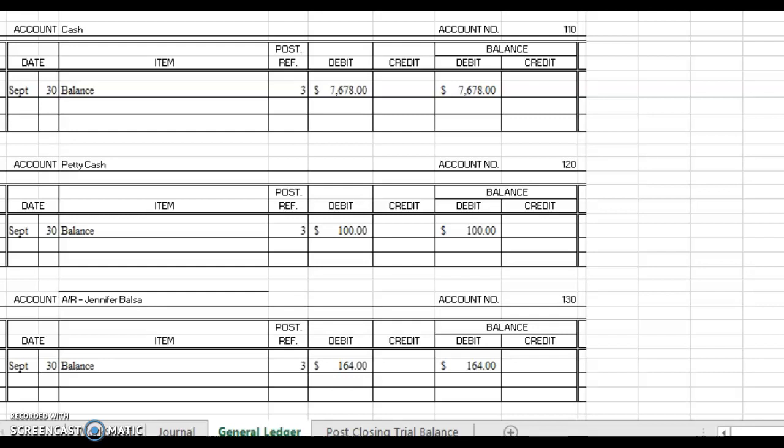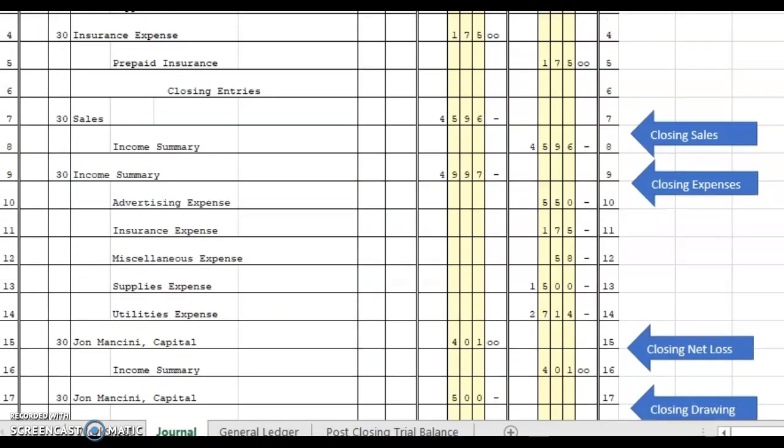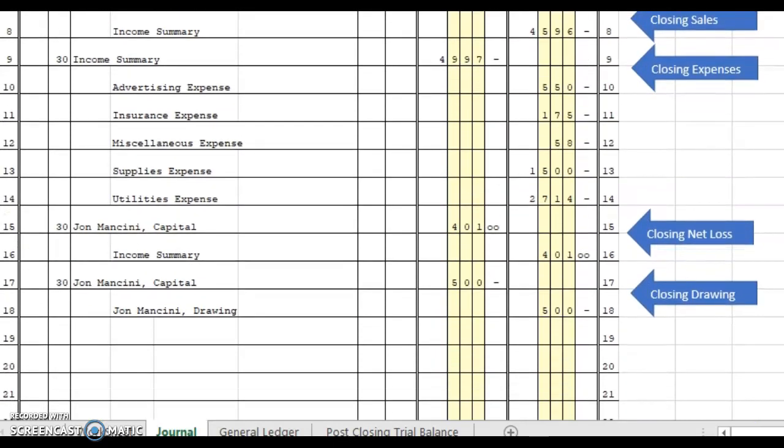Hi everyone, this is part 2 where we're going to go over step number 7 in the accounting cycle. In step number 7 of the accounting cycle, we're taking the items from our completed journal where we put in our adjusting entries, our closing entries onto the journal, and now posting them to the general